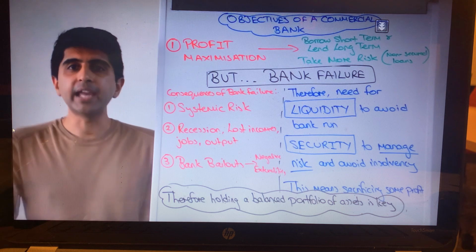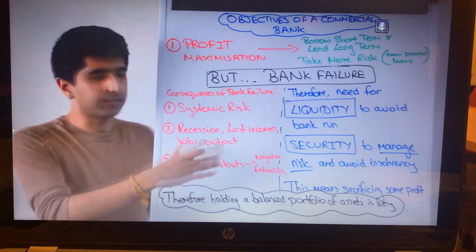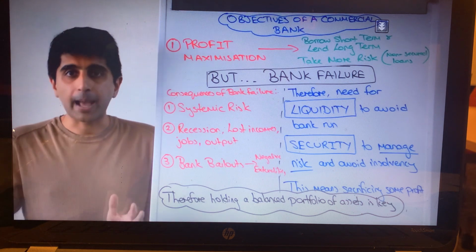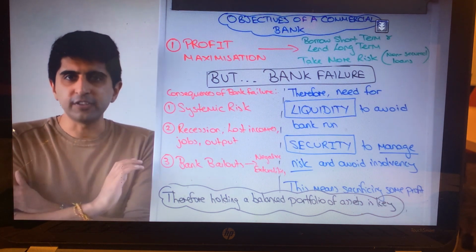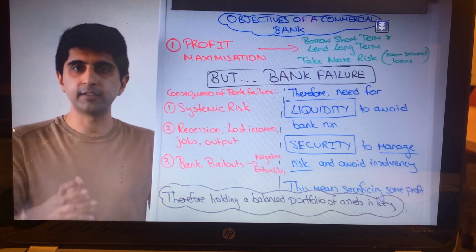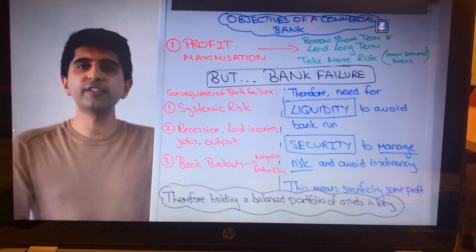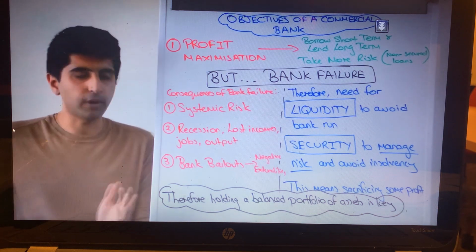As we know in the UK, the financial industry is the backbone of our economy. If there is financial collapse and the whole financial system goes completely into collapse, there is going to be a deep financial crisis and recession in the country. And with that, we know there'll be lost incomes, not just for those who work in the industry, but generally throughout the economy.